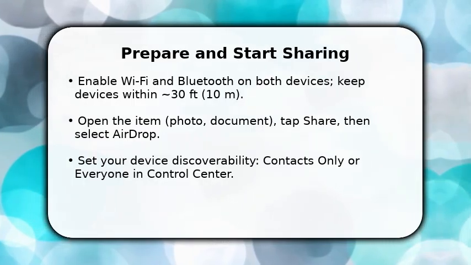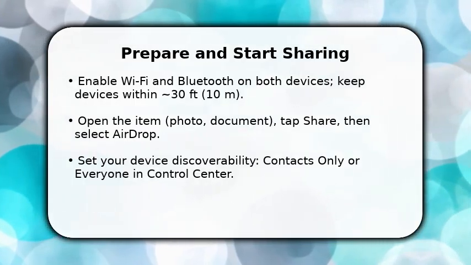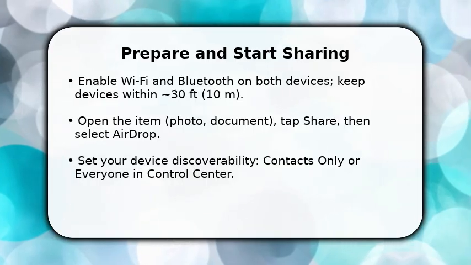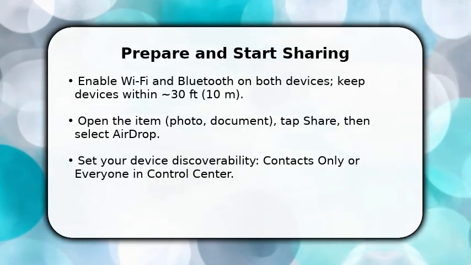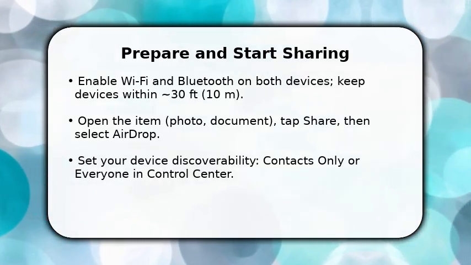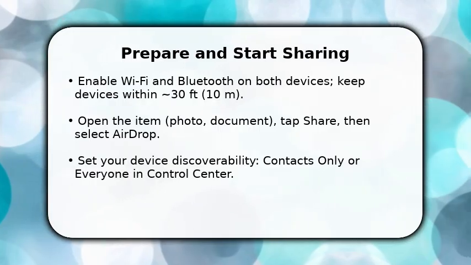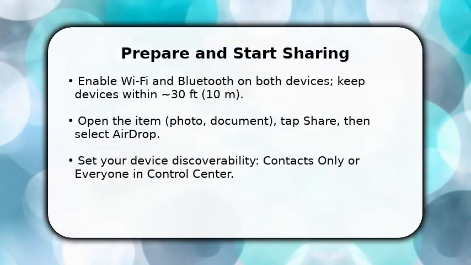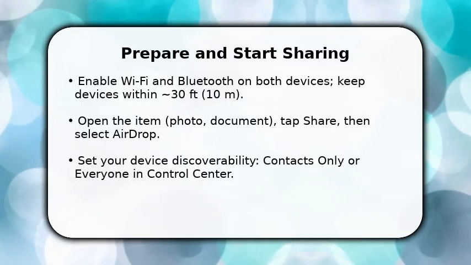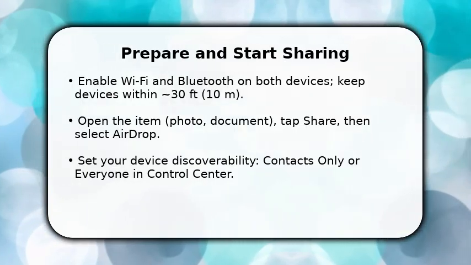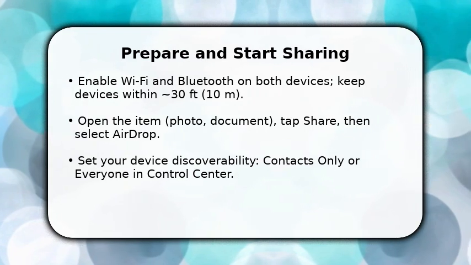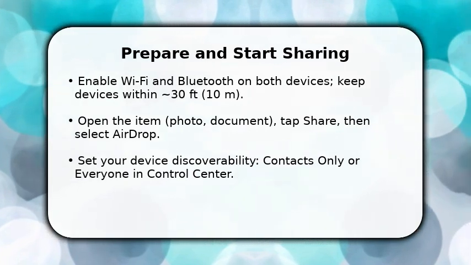Next, open the photo or document you want to send, tap the share icon, and choose Airdrop from the action sheet. Make sure your Airdrop discoverability is set to contacts only or everyone, depending on who you expect to receive the file. Once you select a recipient icon, the sending process will attempt to establish a direct encrypted connection between